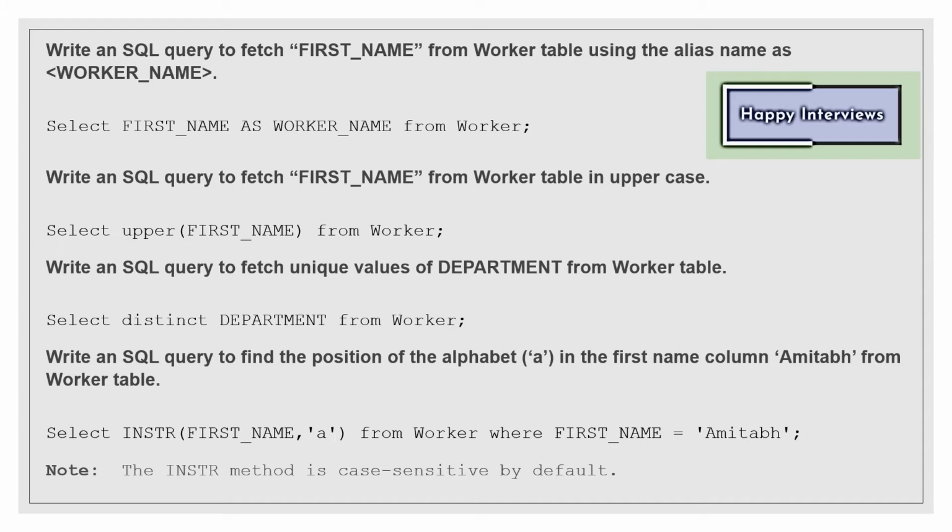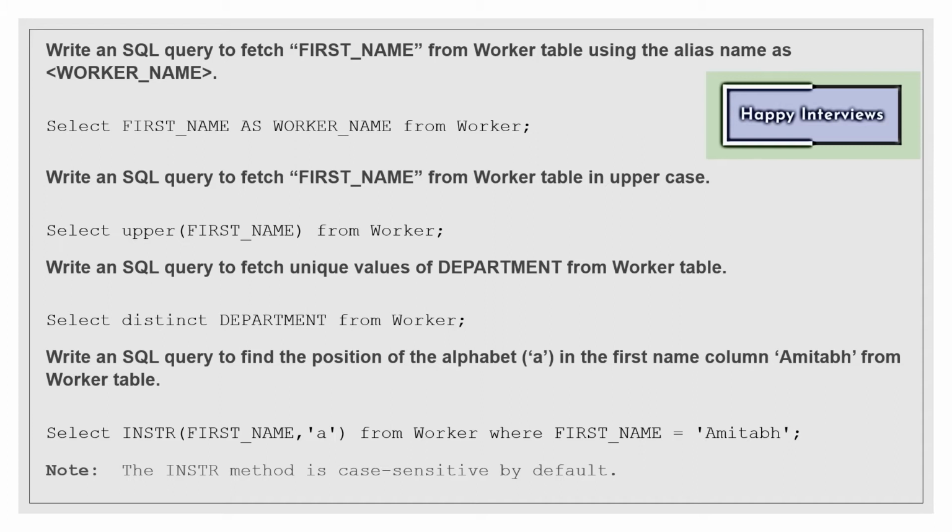What we need to know is the position of this small a in this name. So what is the query? Select instr, we will use in string. In instr we give the column and a comma, after that the character that we need to find, from worker where first name is equal to whatever name has been given.